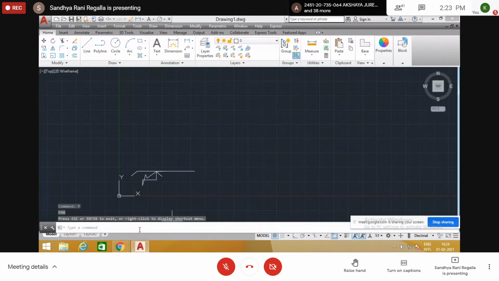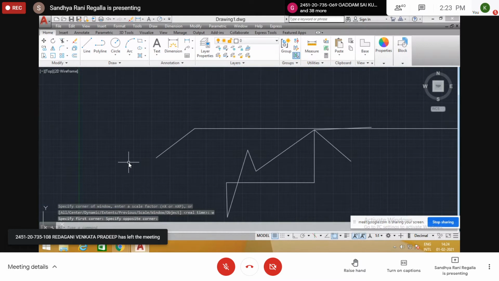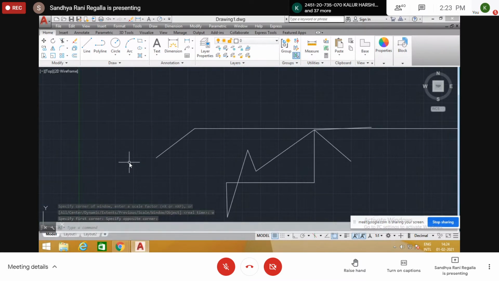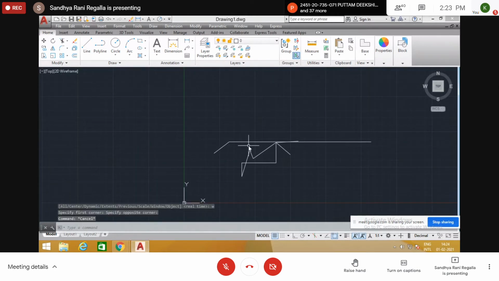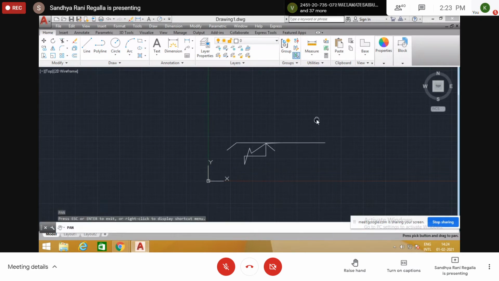And zoom window, these two are useful in zoom. Go to the window option, W, enter, you create one window. So the objects inside the window get zoomed. Okay, whichever is useful to you, use those options. Extents and window, these two are the only useful ones, to my belief.